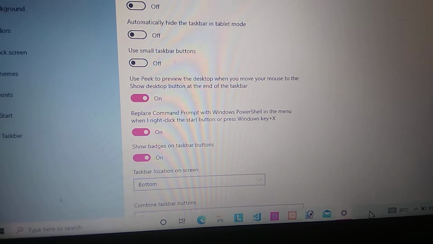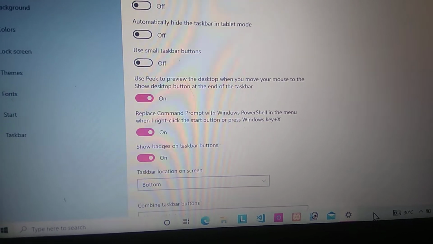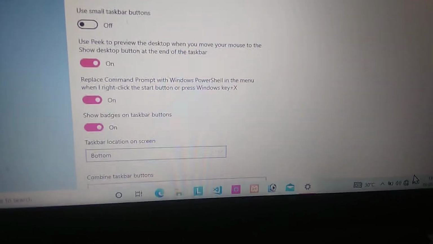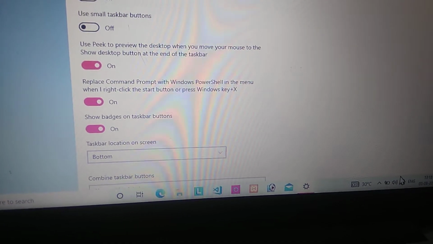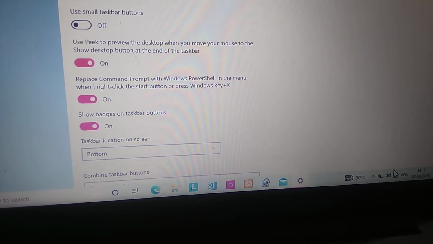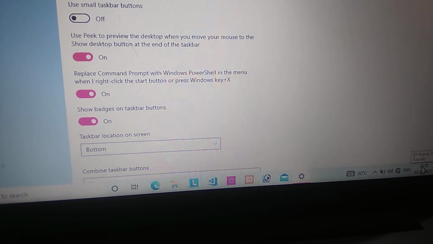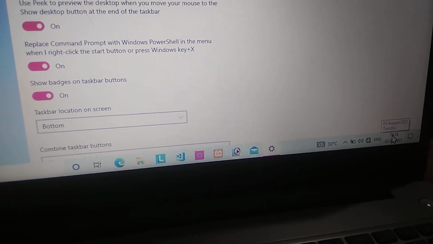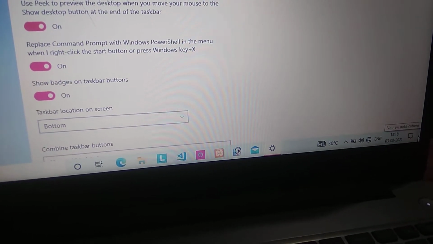And this is the blank space where you will see the icons of opened programs, and in the corner there is a notifications area, in which you will get notifications of the related options, and at last the date and time. And after that, in the last, there will be a button, show the desktop.